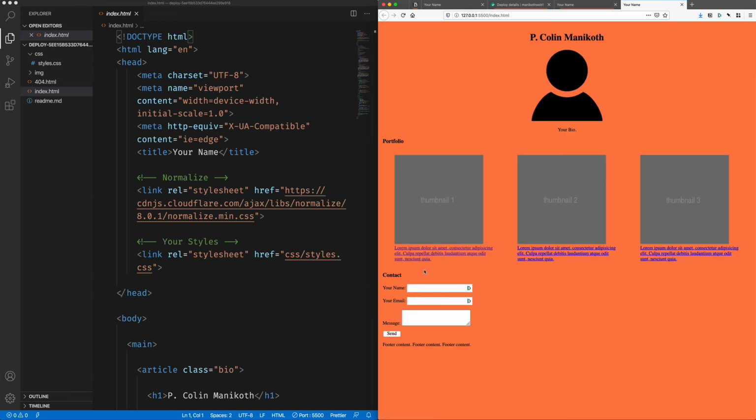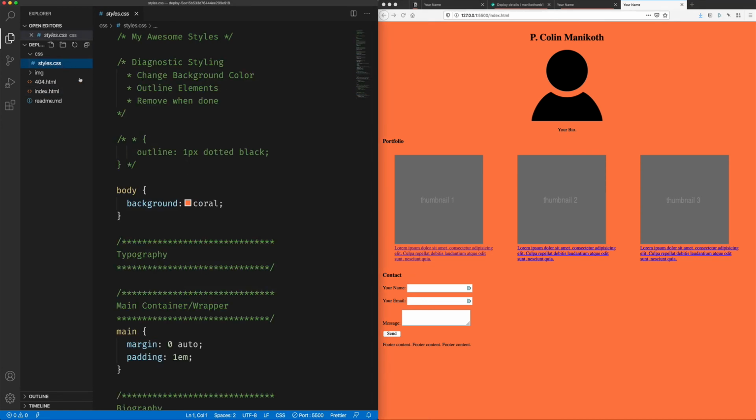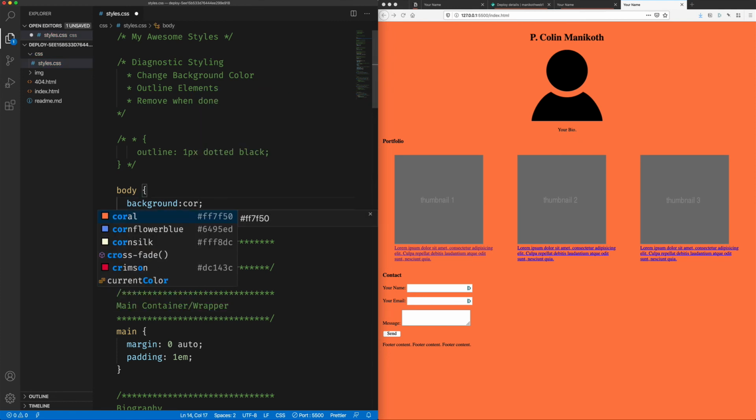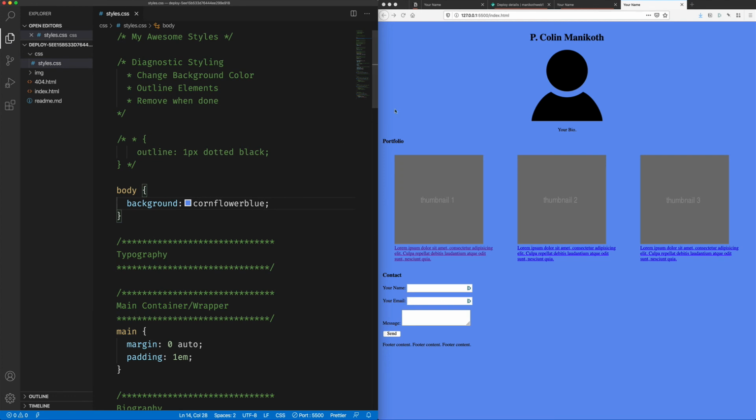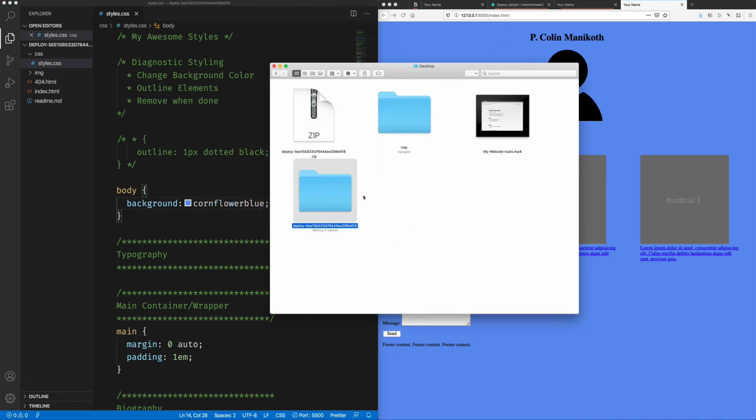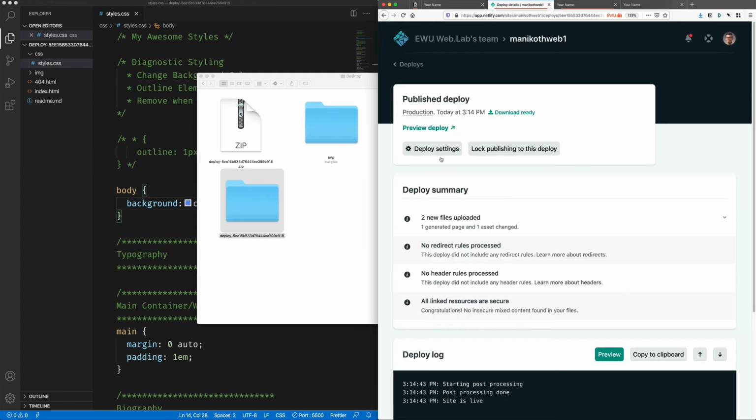And what is good about this is you can only have one instance of your website running locally, and that's a nice feature. So we're going to go to styles.css. Maybe we want to have a different color there instead of coral. How about cornflower blue? I'm going to hit save on that, and you go, awesome, I like the way this looks. And then we can simply take our new files. So we're going to find the local version that we just made a change to. We're going to go back to our website on Netlify